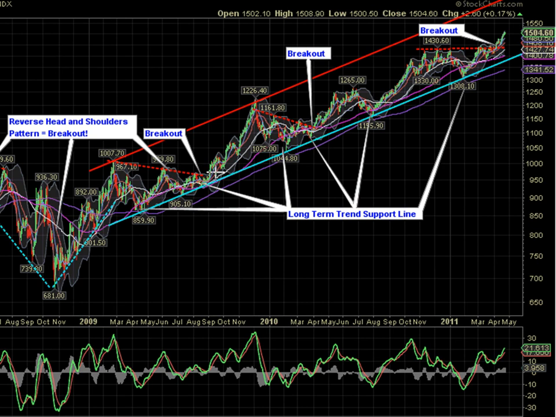Okay, let's take a look at the gold chart here. This is a long-term gold chart. You can see basically it's been moving in this rising channel here for the last several years, and we had a little bit of consolidation here just below about $1,430, and just about a week or so ago we had a breakout in gold. So now it gives this gold price a little bit of freedom to move up into the red resistance area. And what's bullish for gold is bullish for silver, so it suggests that gold is probably still a little bit maybe on the oversold side